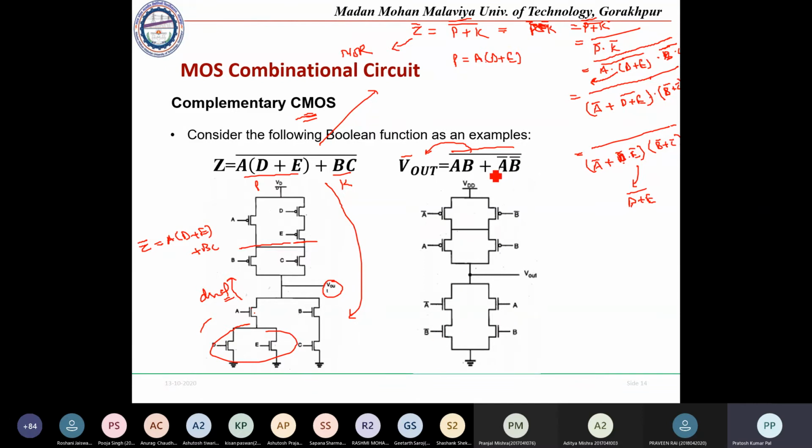And these two are in the summation part, like it is an OR function, so it will be in parallel. Once it is implemented, we will convert it to a dual of this one. If an inverted input is to be considered, then we will implement an inverter. An inverter will be connected, so we can directly write A bar and B bar also. But in practical cases, there should be an inverter that will be inverting the input from A to A bar. So this was how we will be moving forward for implementation of a complex circuit.